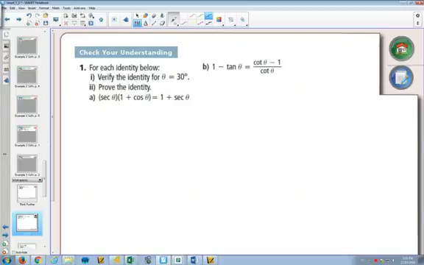All right. So in this question, we have two things that we're going to be asked to do. We're going to be asked to verify things, and we're going to be asked to prove things. Verifying is going to be a little bit annoying, because if you prove things, you don't need to verify them, because what a proof does is it says it works for all angles. But verifying, all you're going to do is check one angle and see if it's true or not. So when we verify for theta equals 30 degrees, so here in part A, again,